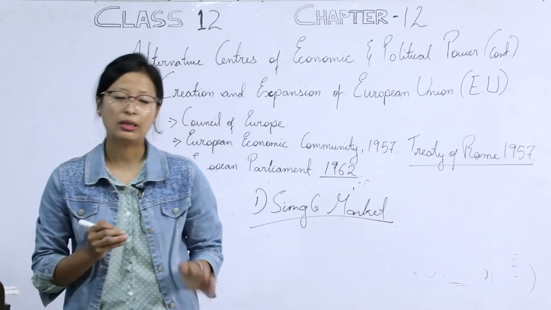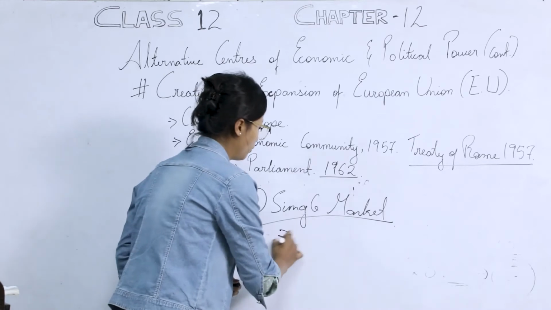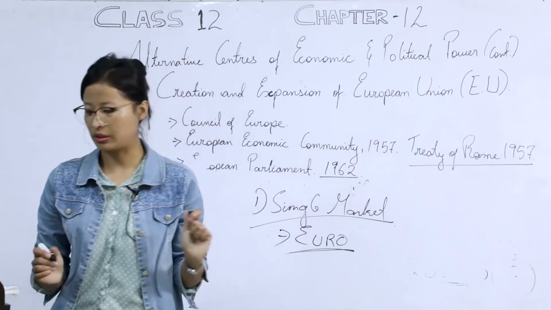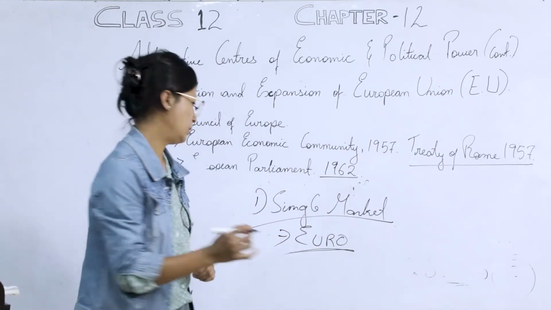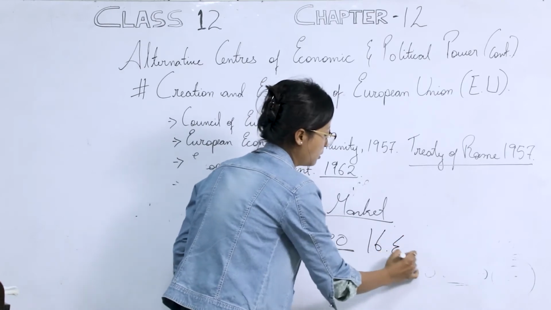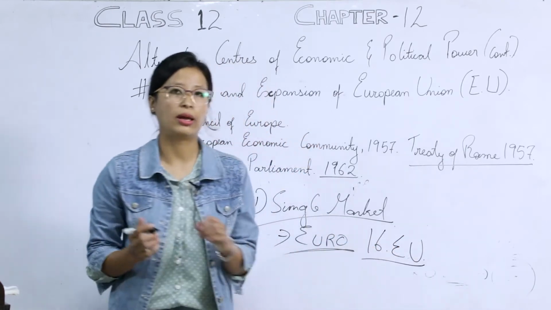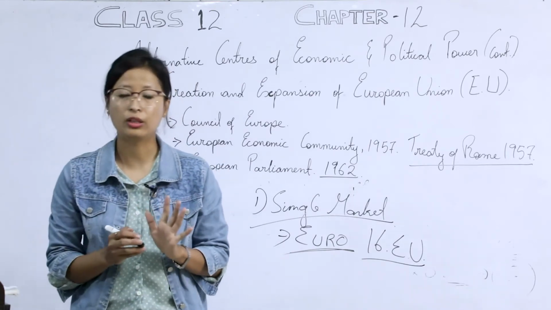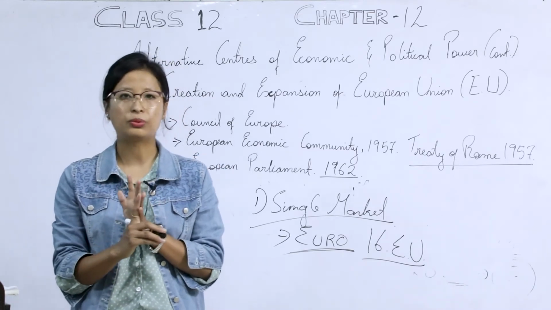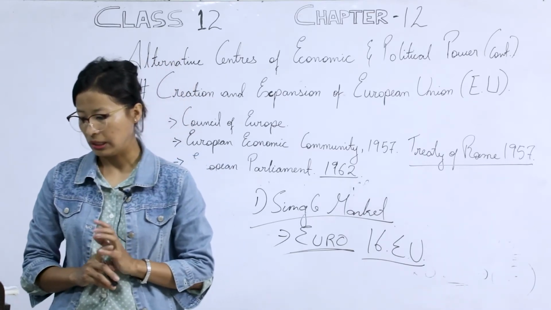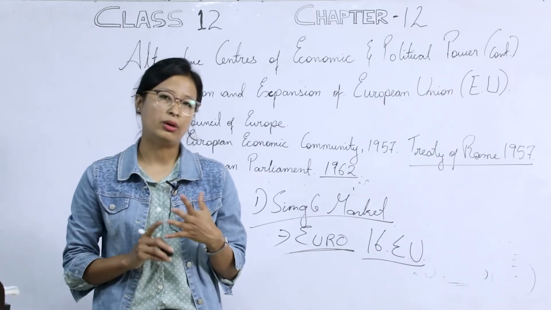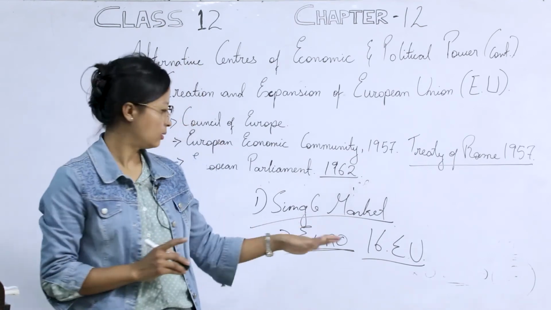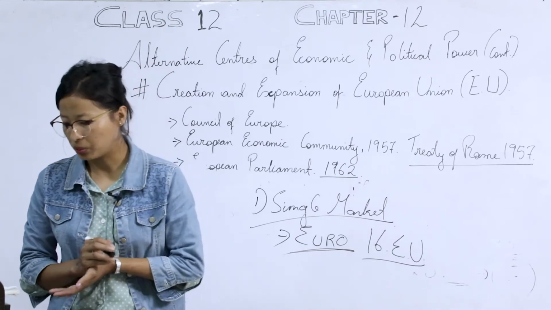Now, the second point is a single currency. The currency of the European Union is the euro. This euro is being used by over 16 countries. Those 16 European Union countries have the same currency. By having the same currency, it has promoted growth as well as prosperity throughout the European Union. The second one is that it has provided better opportunities for investment. Those are the 2 points under having a single currency.